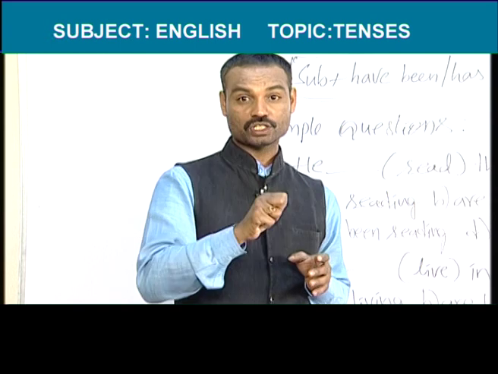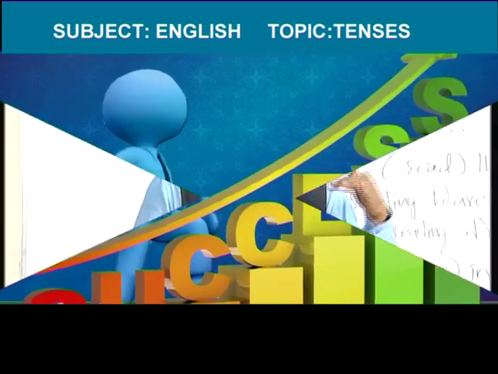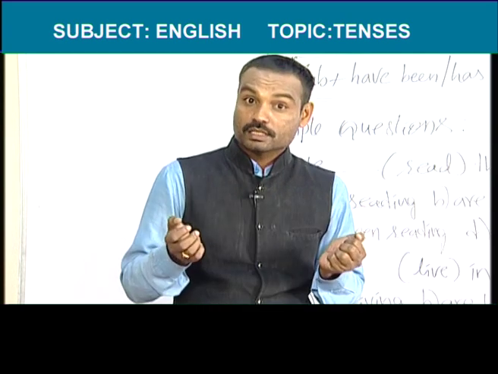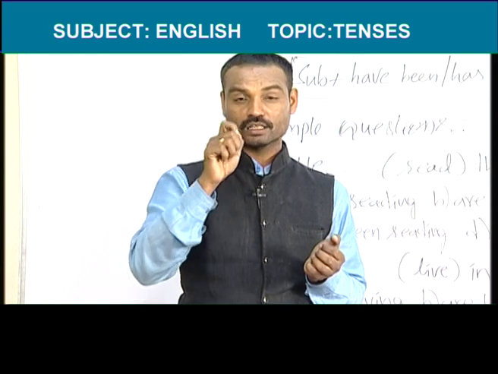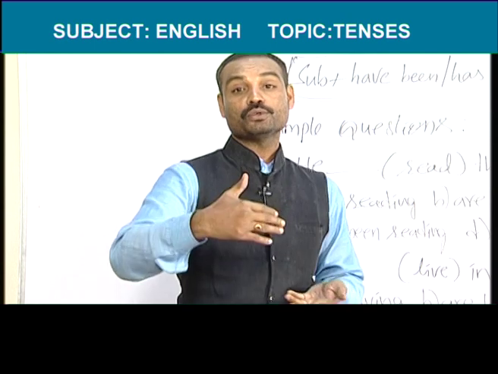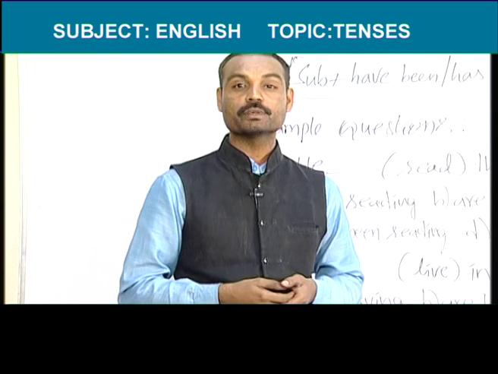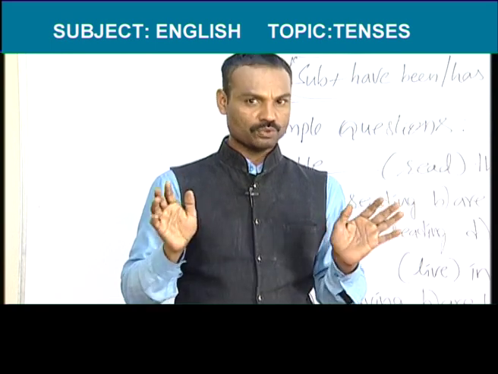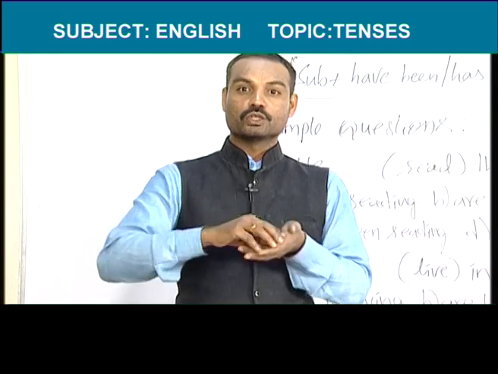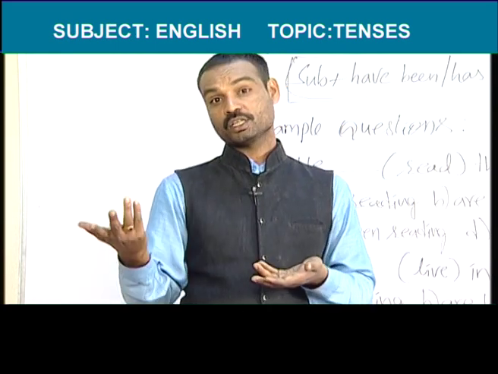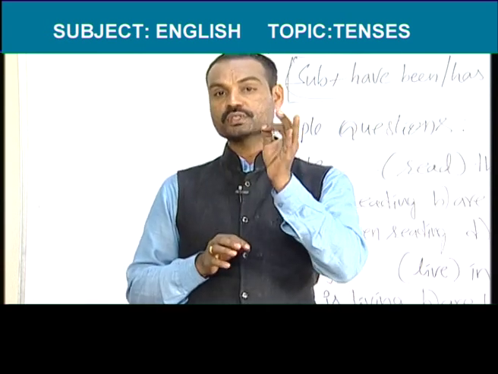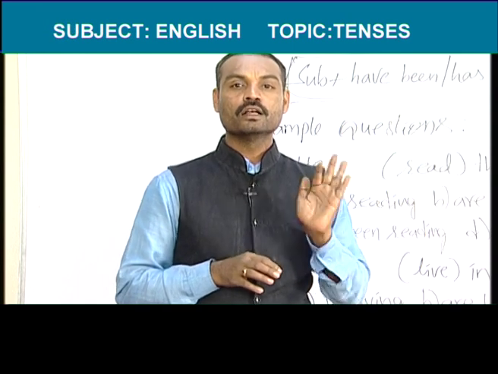Universal things means the fish lives in the water, the sun rises in the east. So like that, to tell universal things, to tell quotations, an example is all that glitters is not gold. So like that, to tell quotations also we can use. And when you want to explain about something, you should use simple present tense. Simple present tense is used to tell habitual actions, to tell regular activities, to tell quotations, to explain something, to tell a running game commentary. Like that, simple present tense can be used. In simple present tense, we should always use V1. The verb must be in the first form.